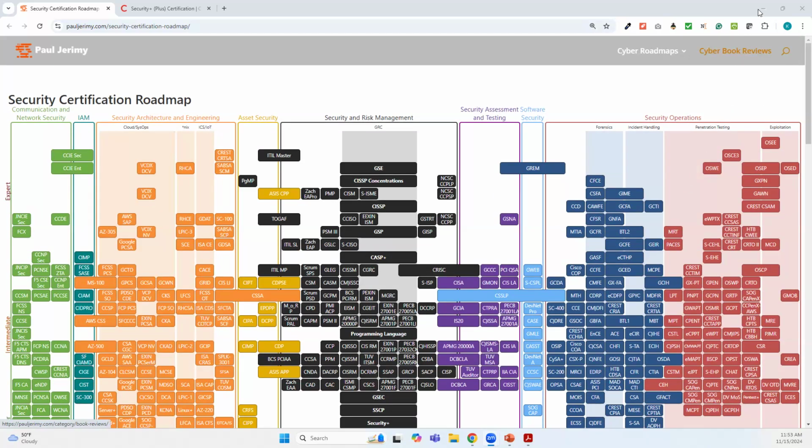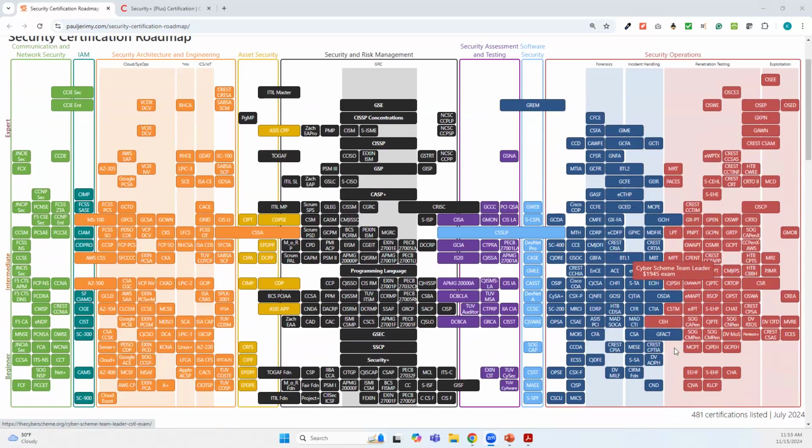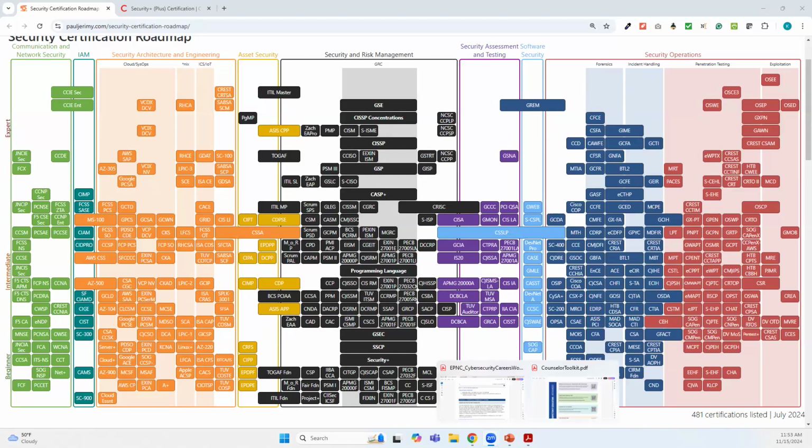But this just shows why people in this field make the kind of money that they make, and why the field's growing at the rate that it's growing, because it's become so specialized, and there are all of these different opportunities out there to increase your credentials, which, by the way, usually result in better earning potential. But I think it's important as faculty, and then as a center, that we try to bring some understanding of this, because otherwise it's just overwhelming.